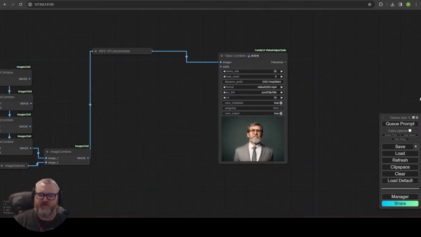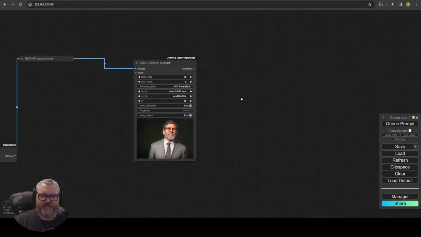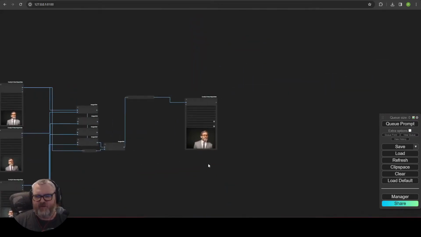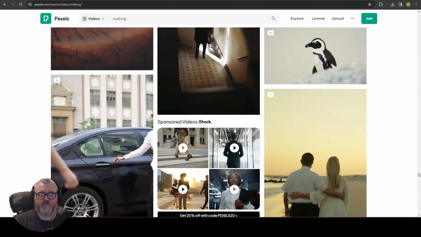I forget how I did this. Let me look at my... Oh, I don't have it anymore. Bummer. Forgot I lost all my node templates when I formatted. All right, what else? Well, this is cool anyway. With the IP adapters, it works. So let's try